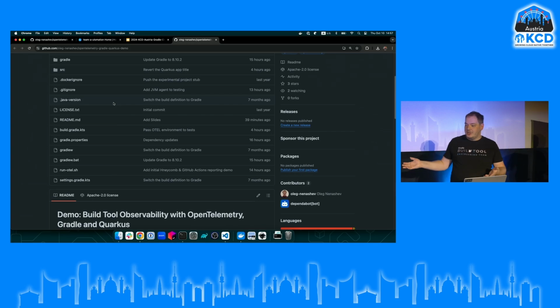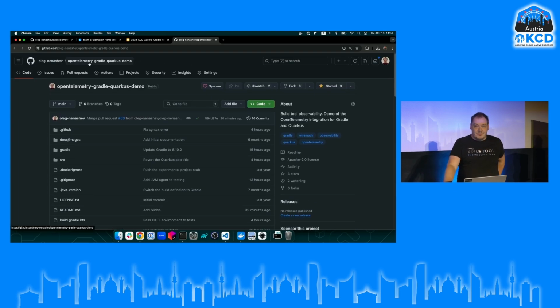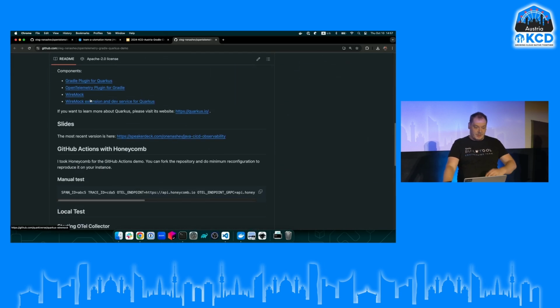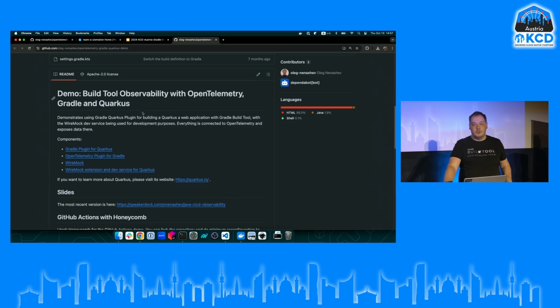Instead of using a Kubernetes cluster, etc., I want to use public services, SaaS. There are quite good cloud-native build engines. Let's say GitHub Actions. It's actually cloud-native. We can try it. And the same for observability. In my case, I decided to take Honeycomb. So if you want to just take this demo, you can download it, you can put in your application keys, and in principle, it should work.